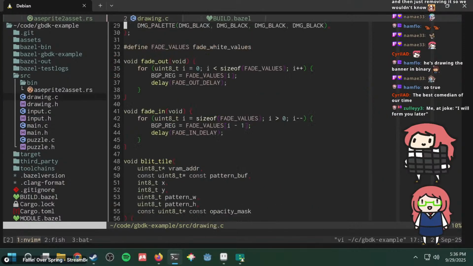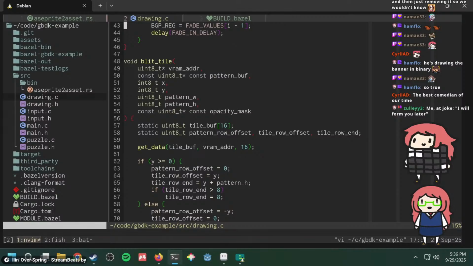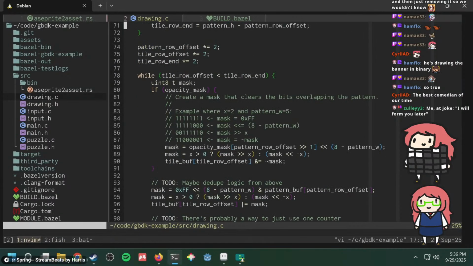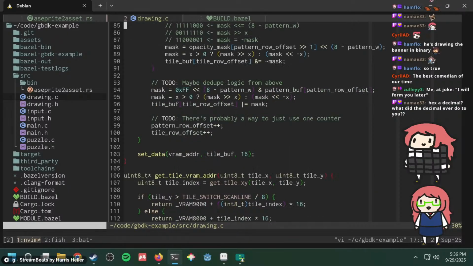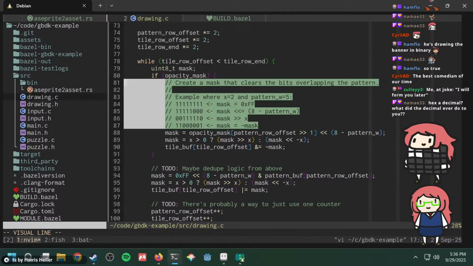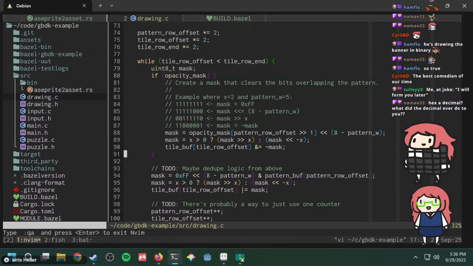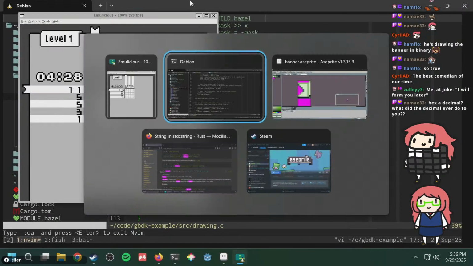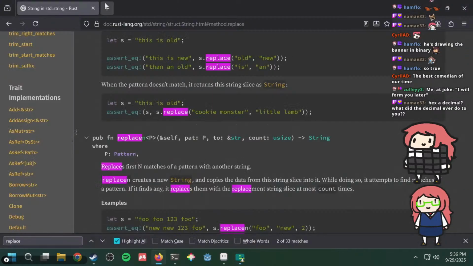Drawing, right? Then in the drawing thing, I hardly even know. So here's where I describe it, right? Create a mask that clears the bits overlapping the pattern. And in case it was not even more obvious,